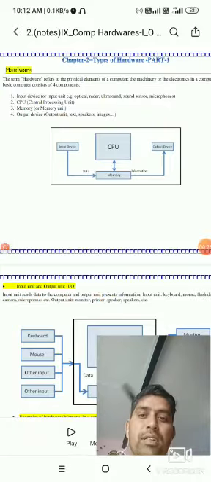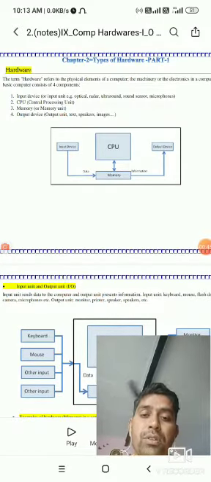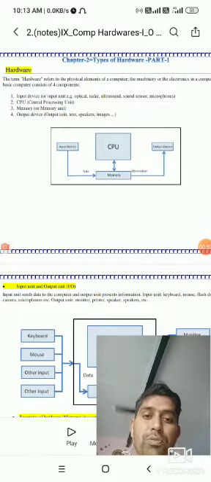These are all electronic components of a computer system, categorized into four parts. First one is the input device. Input devices are the devices used to give instructions, commands, orders to the computer system, to the CPU. The CPU will process that data, and after calculation and processing, through output devices we will get the result or information. So it is called the IPO process, input process output.